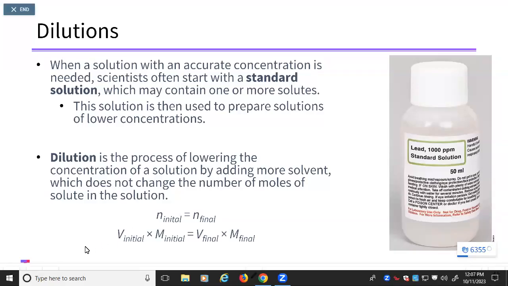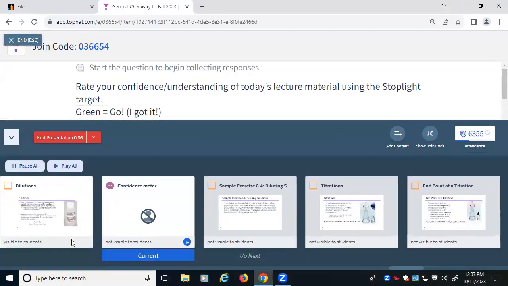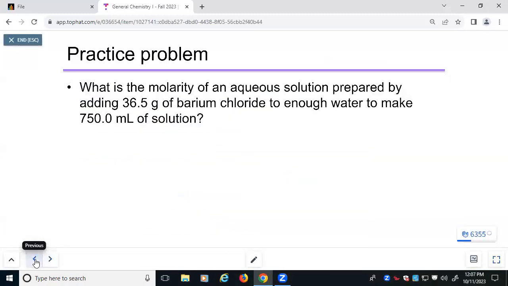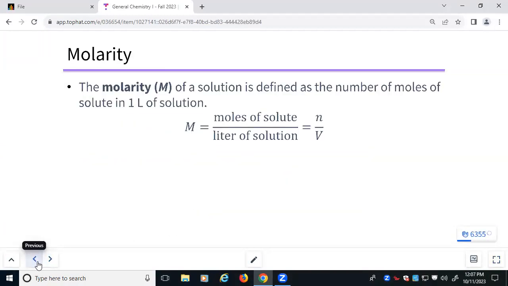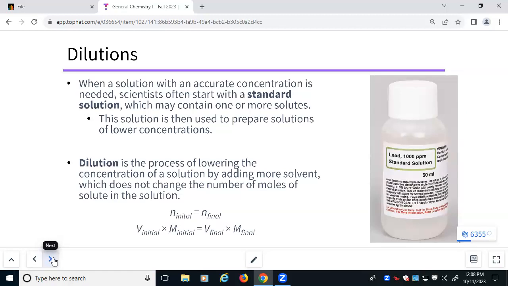So we're beginning today by going back to where we were Friday. Friday we started to look at the concept of dilutions. We were looking at overall concentration, calculating concentrations from material. And then we talked about the idea of a dilution, where instead of starting from solid and water to